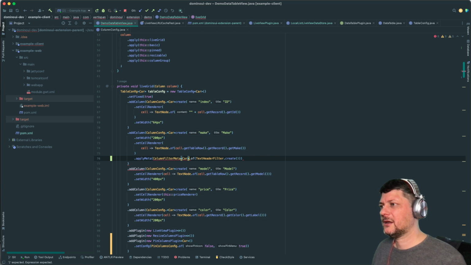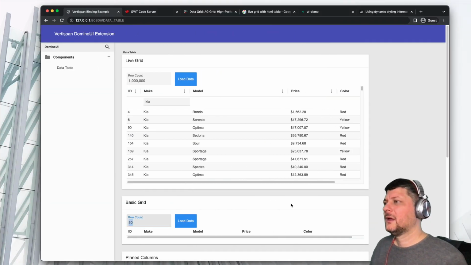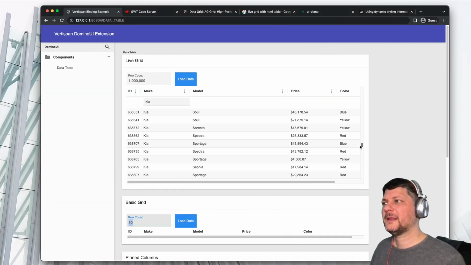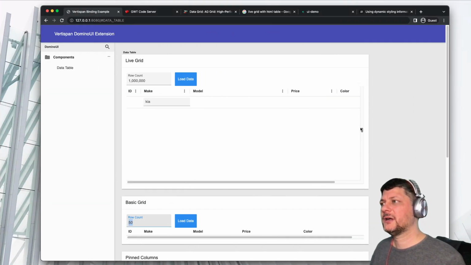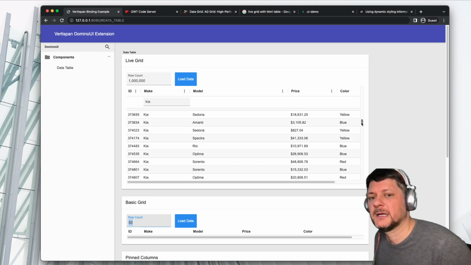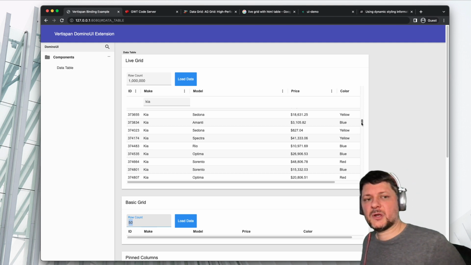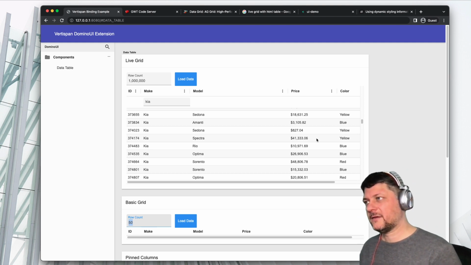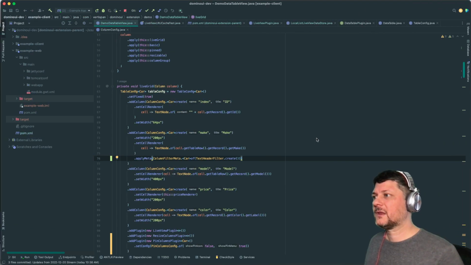There we go. That takes a little bit, but once it's filtered, the filtering takes the long period of time, because it does have to go through a million records, create the new array list based upon that filter, by running it through basically the,